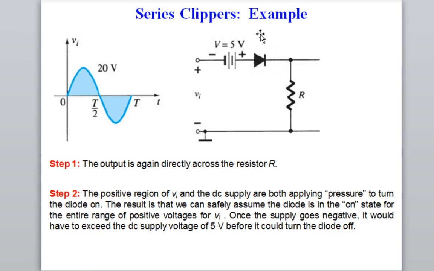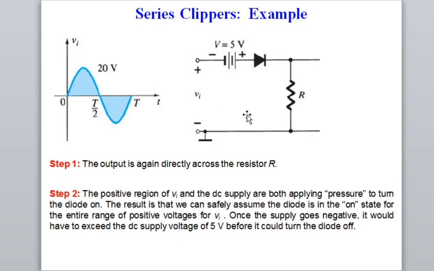So in this case also we have to find the transition voltage. What is the value of the transition voltage where the diode goes into the off state? In order to find the transition state, what do we do in step 3? In step 3 we assume Vd is equal to 0, then Id is equal to 0, then this voltage will be equal to 0.